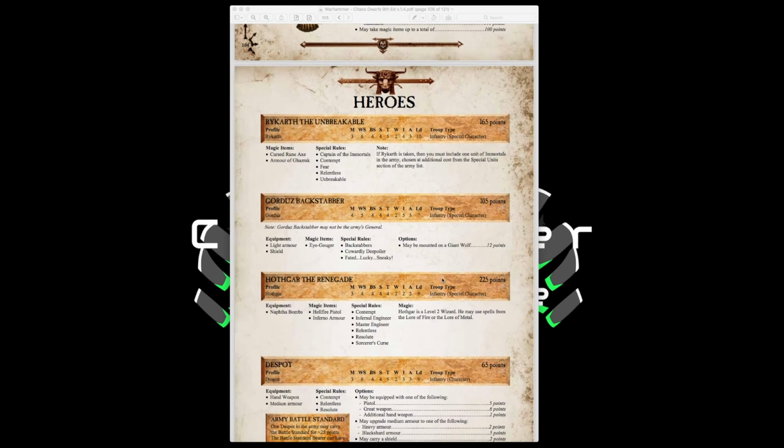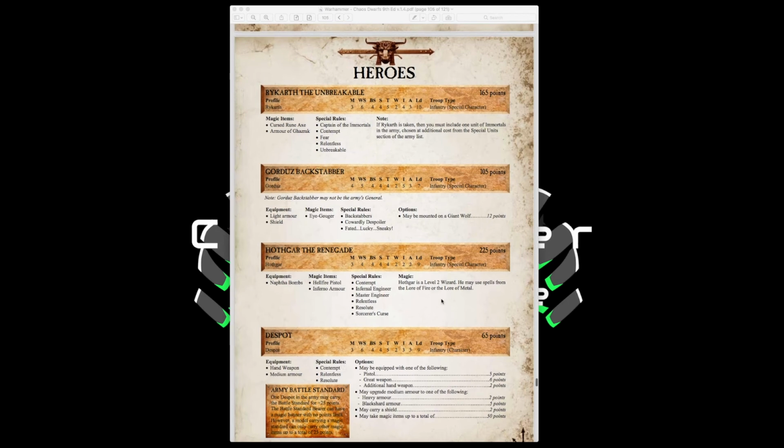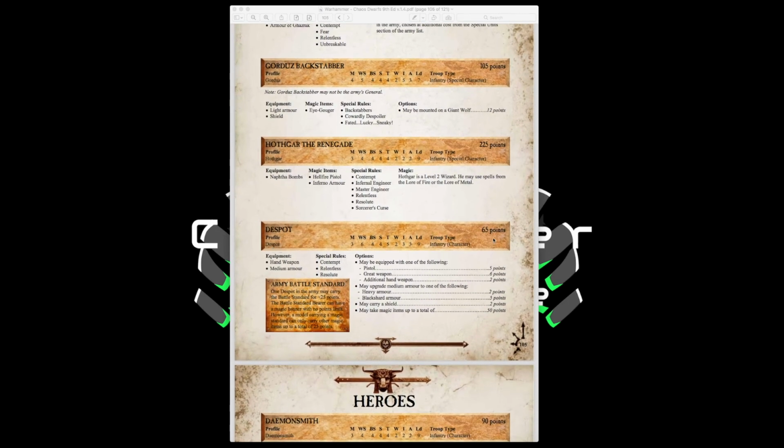Hothgar the Renegade, which is that special engineer character. He's got naphtha bomb, Hellfire pistol, and Inferno armor. And he's level 2 wizard. Alright, so 225 points, not bad. Then we have our Despot, which is our captains, our Battle Center Bearers for 25, 65 points for these guys. Pistol, great weapon, or additional hand weapon for 5, 6, and 2 accordingly. Heavy armor is 2 points, black shard armor for 5, 2 points for a shield, 50 points for magic items,